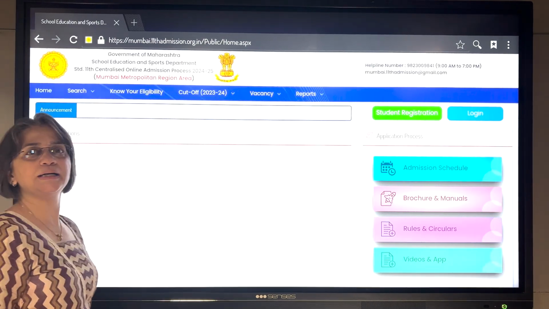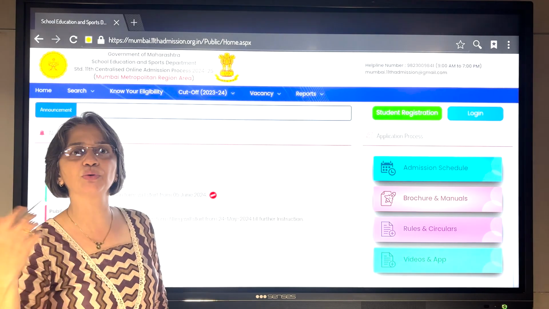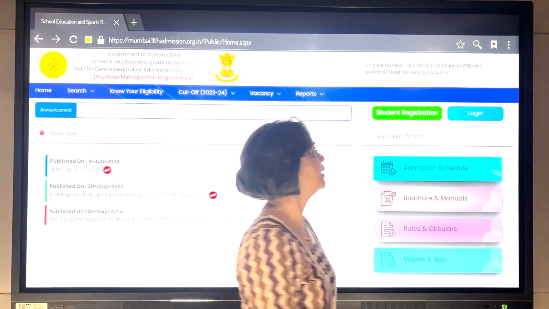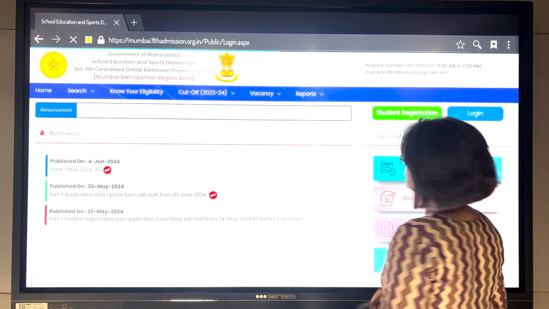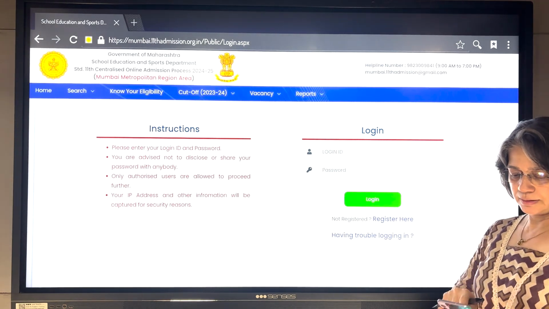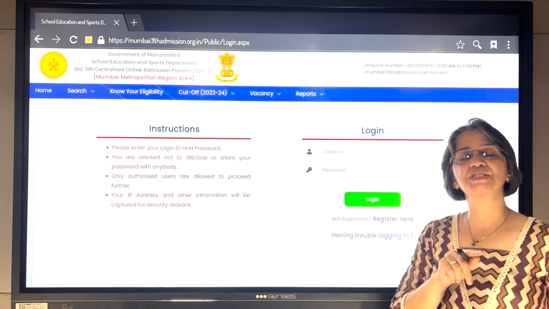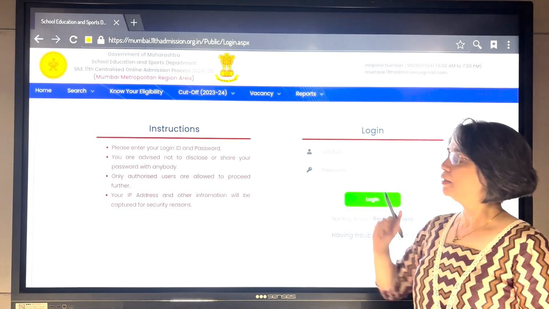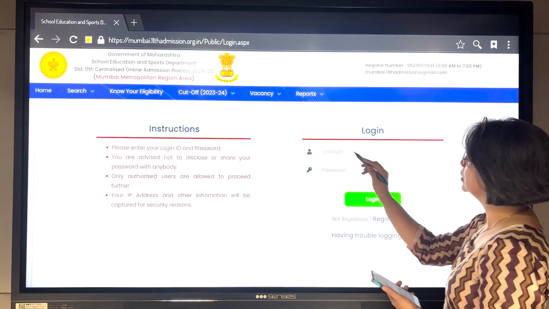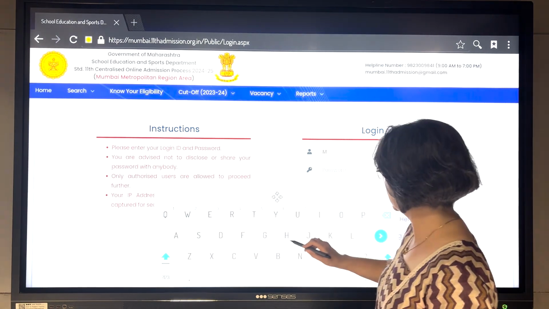And now we'll take one example of a child and log in and see how the option form is to be filled. So now you click on login, and the login ID you already have received when you registered on this particular portal.